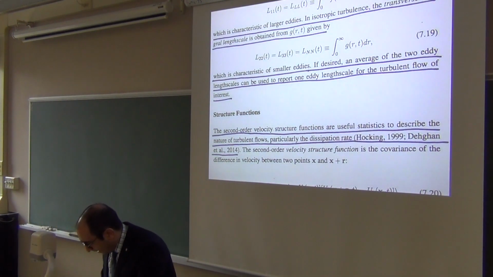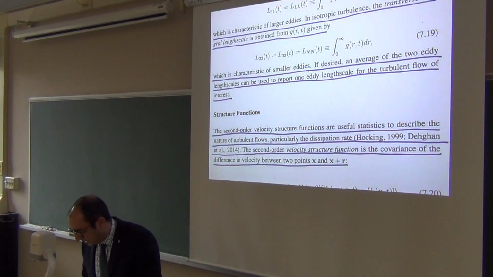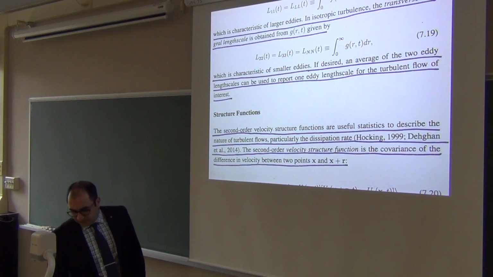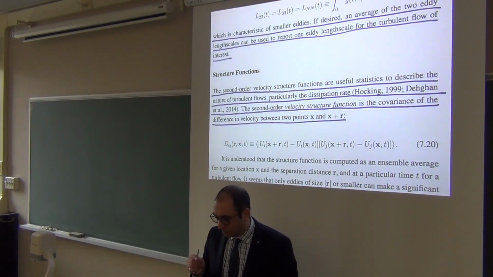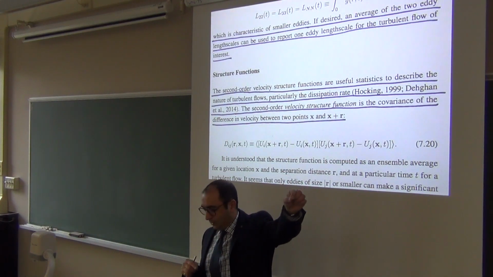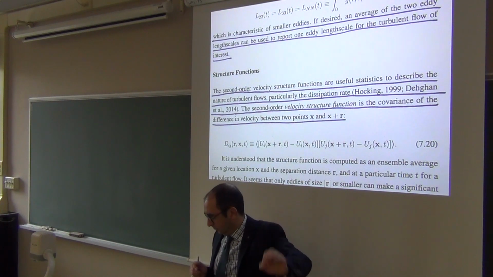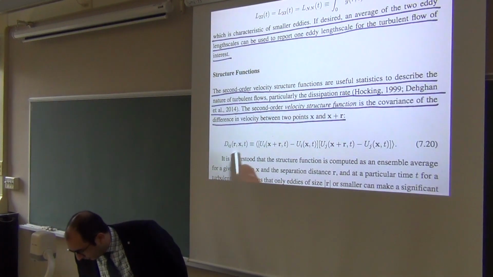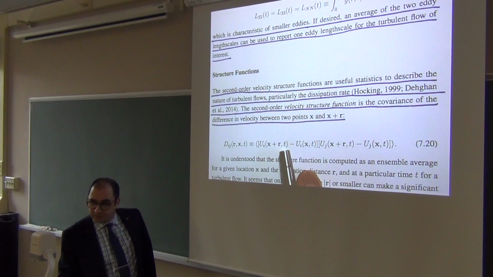The second order velocity structure function is another statistic we calculate, which is the covariance of the difference in velocity between 2 points, x and x plus r. So think of the same two sensors that we had. The one sensor was here, sensor number 1, sensor number 2. Number 1 was positioned at x with respect to the origin, and the distance between 1 and 2 was r. Okay? To calculate a structure function, be careful,